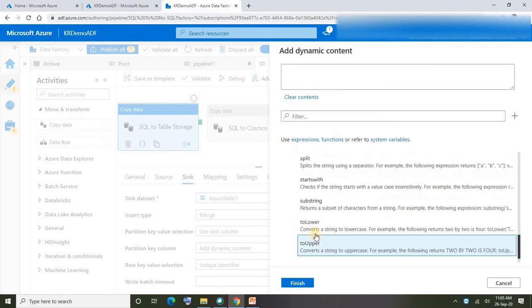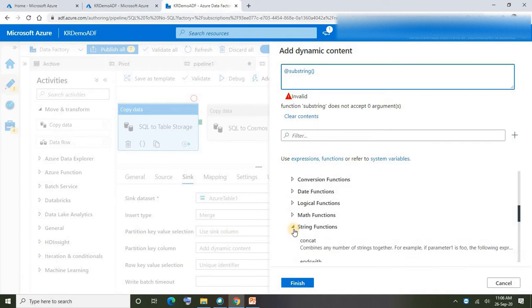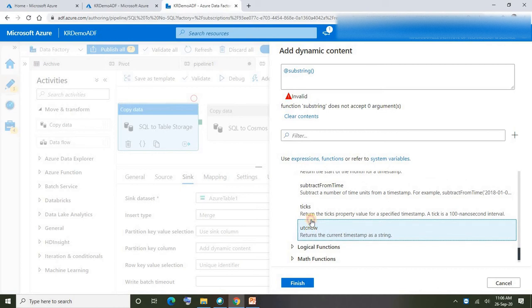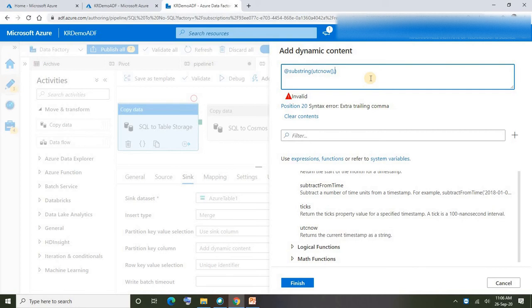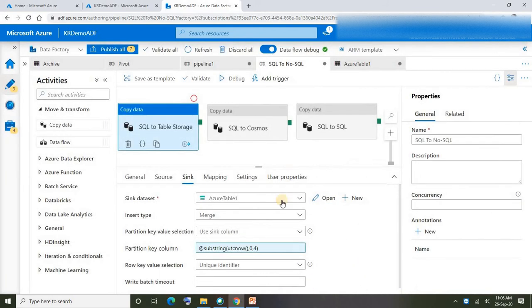So first let me add substring function through which I can extract only year. Under substring, let me add a date function here, utcNow. Okay, I don't want complete date as a partition value, right? So from there I want to extract year. So I want to start from position 0, I want to extract 4 digits. That's it. Say finish. Now the partition key value would be year.